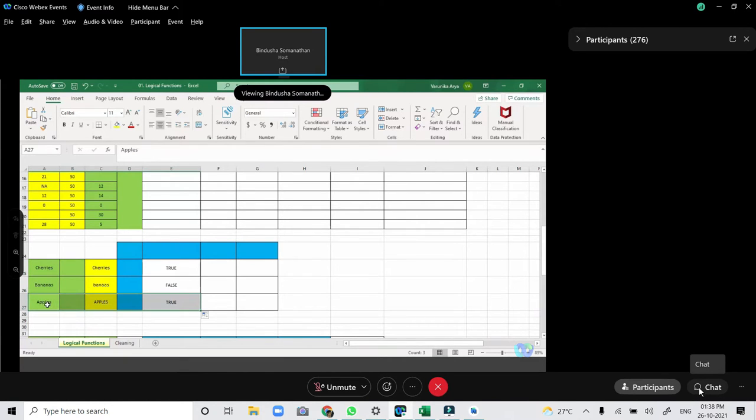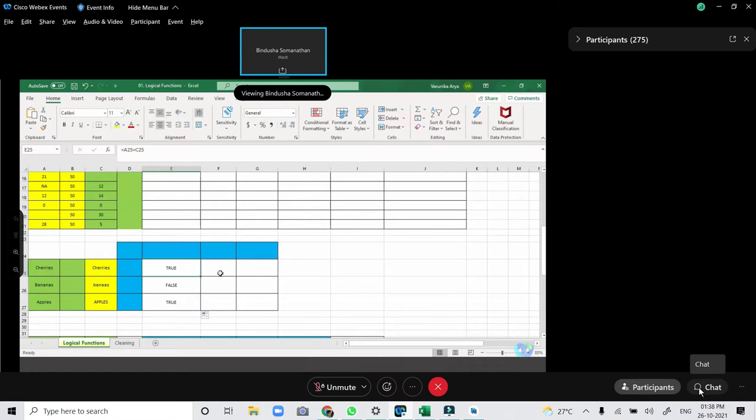If you see apples here, only the first character is uppercase in cell A27, but in C27 it is all uppercase. Yet it has returned a true value. We're talking about the equals operator here. Since the spellings of bananas are different in A26 and C26, we've got a return value of false. That's about text comparison.